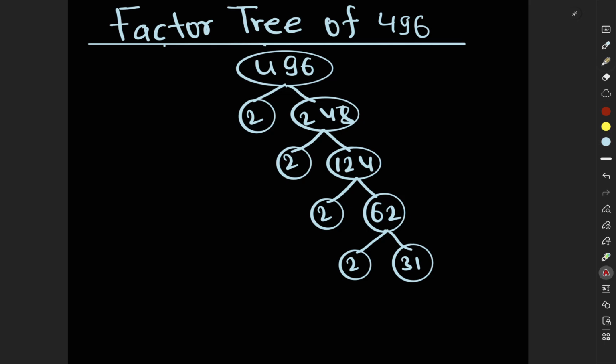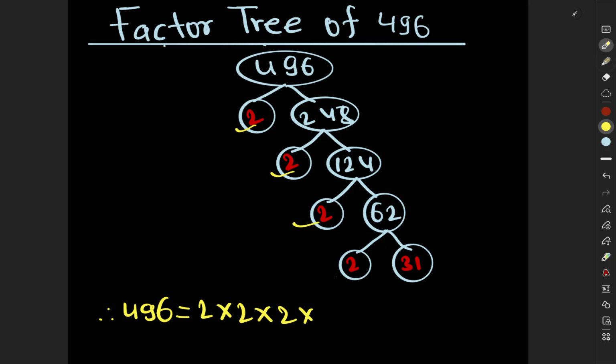So now we select the prime numbers among these numbers. So the prime numbers here are 2 and 31. So we can write 496 is equal to the product of all these prime numbers, that is 2 times 2 times 2 times 2 and at last this